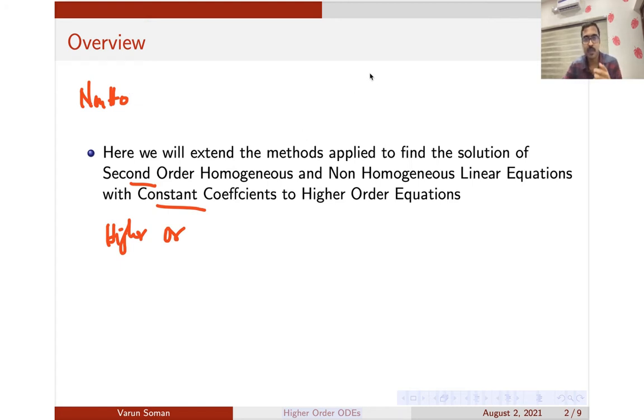Why? Because when you find the general solution of a non-homogeneous linear equation, you know that the general solution is of the form y is equal to Cf plus Pi. This Cf is actually the solution of the homogeneous equation. So we need not discuss the solution of the homogeneous equation again, because when we discuss the solution of the non-homogeneous equation itself, it will contain it. There is no need to repeat the topics again and again. So we'll only be discussing the solution of non-homogeneous linear equations with constant coefficients.